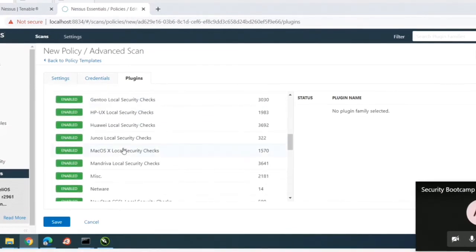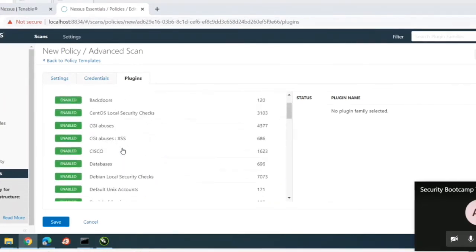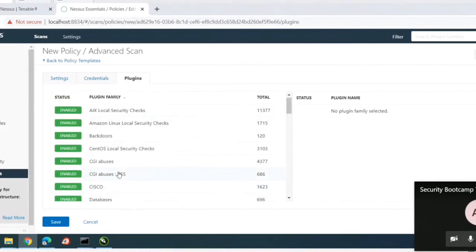Under that profile, you find all the vulnerability information. Just like if we are looking for backdoors, then we will select backdoor like this. Right now, all of them are enabled.